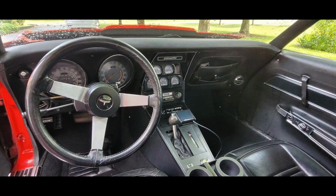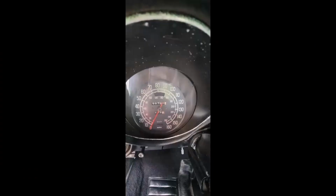There are an analog clock, auxiliary gauges for coolant temp, fuel level and voltage, as well as oil pressure mounted in the center stack. It's important to note that the analog clock is not functioning. The 5-digit odometer shows just under 99,800 miles. The owner believes this to be accurate, however, we're not able to document the mileage, so please consider this one a TMU, true mileage unknown. Since that restoration completed in 2008, the owner estimates the car has rolled approximately 5,000 miles,